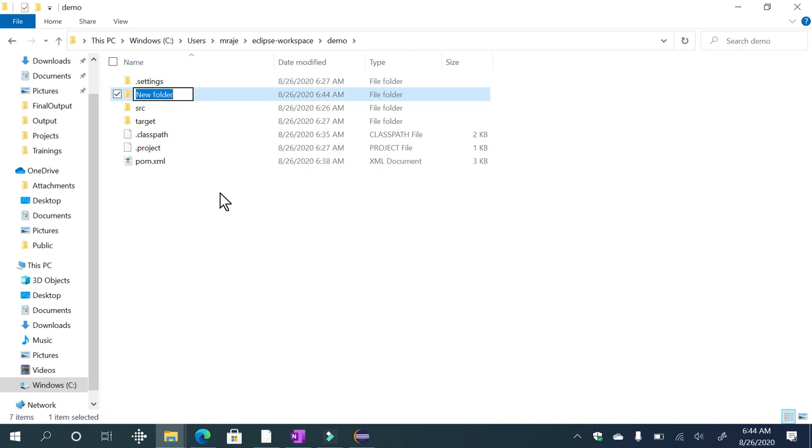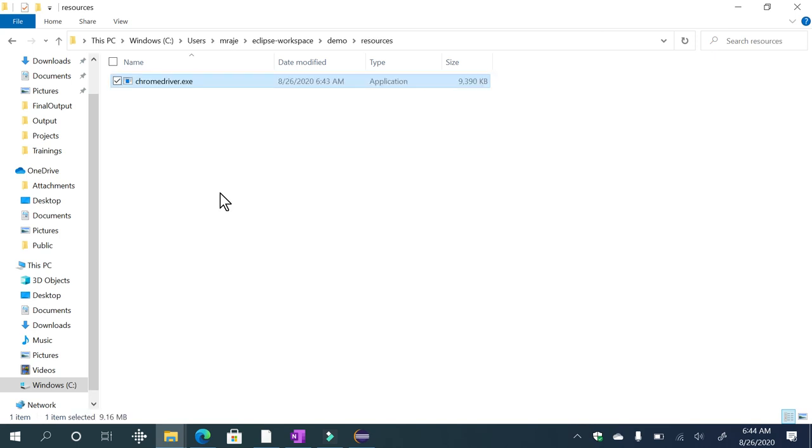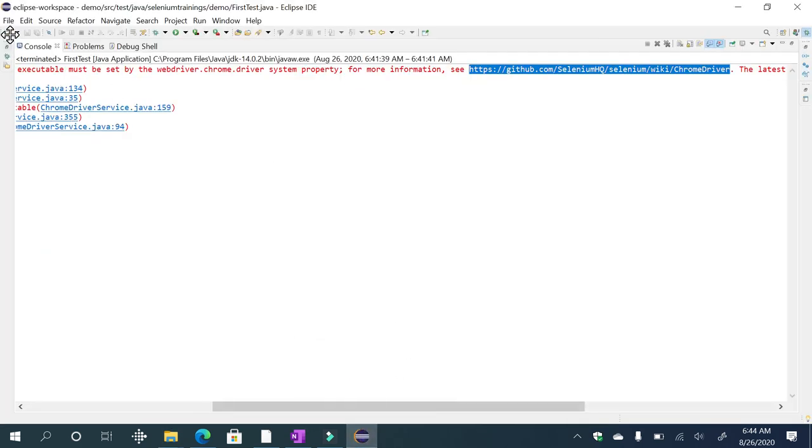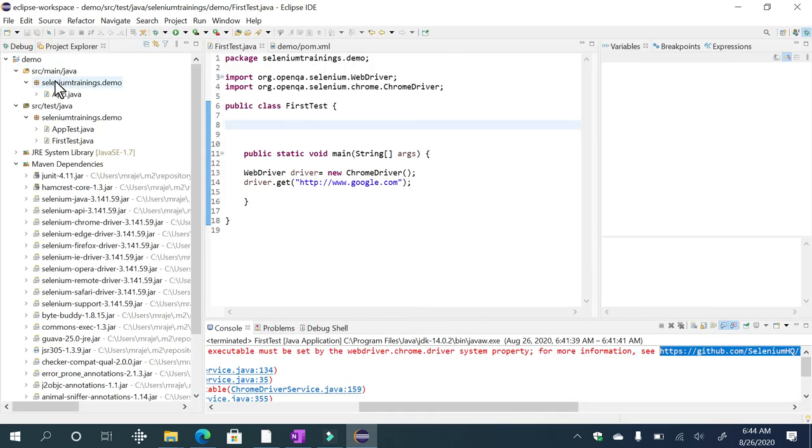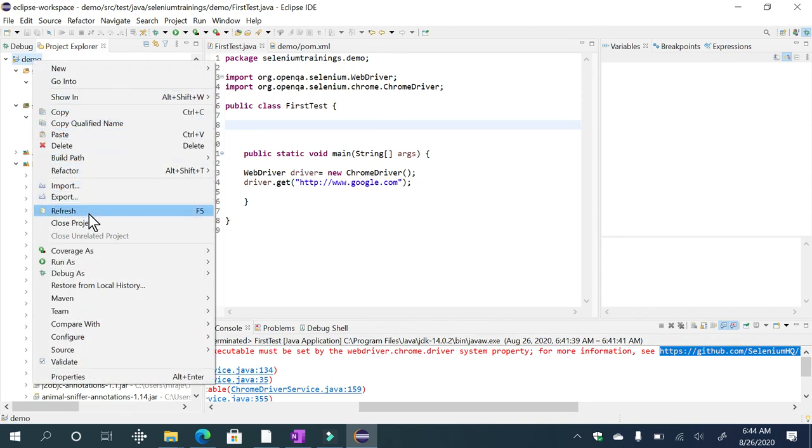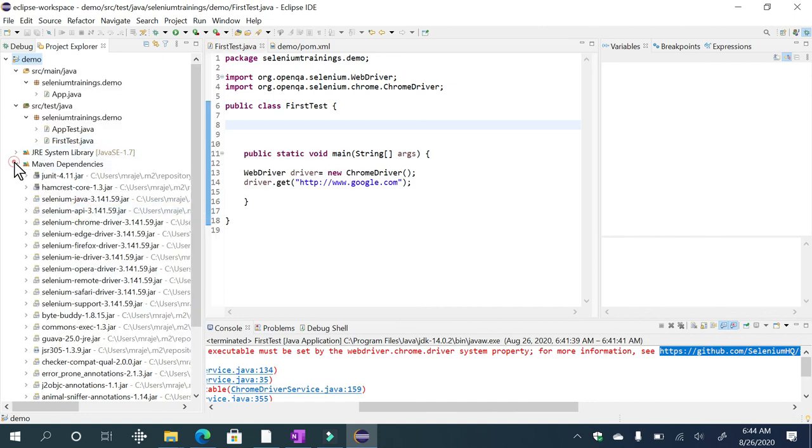I prefer to have resources and put your chromedriver.exe over here. As it is under your project, if you refresh this workspace, refresh, where are you? Yep, you see the resources.